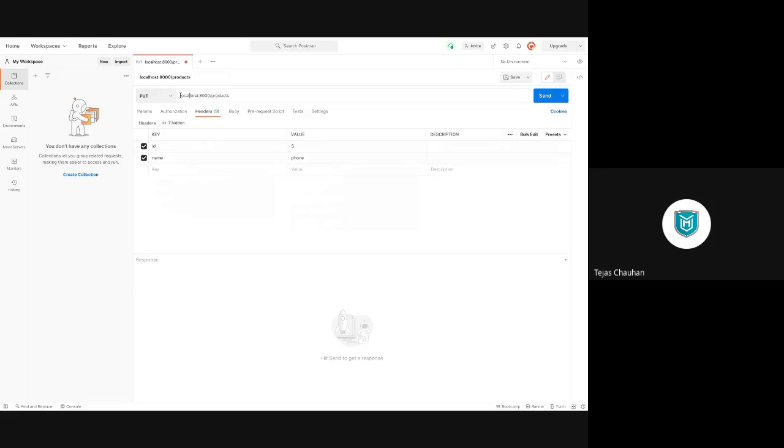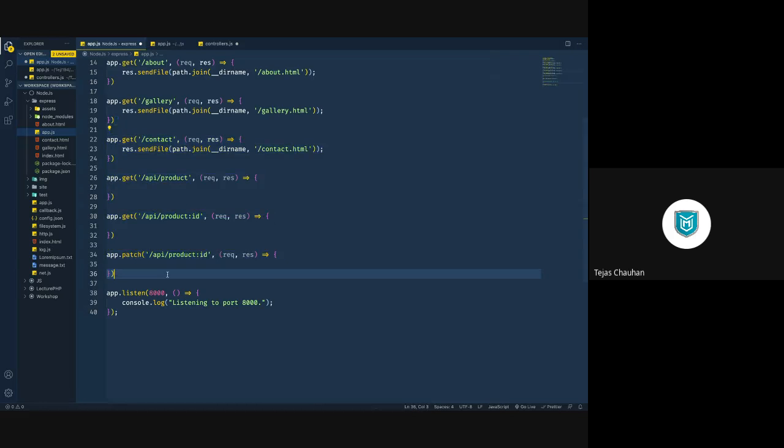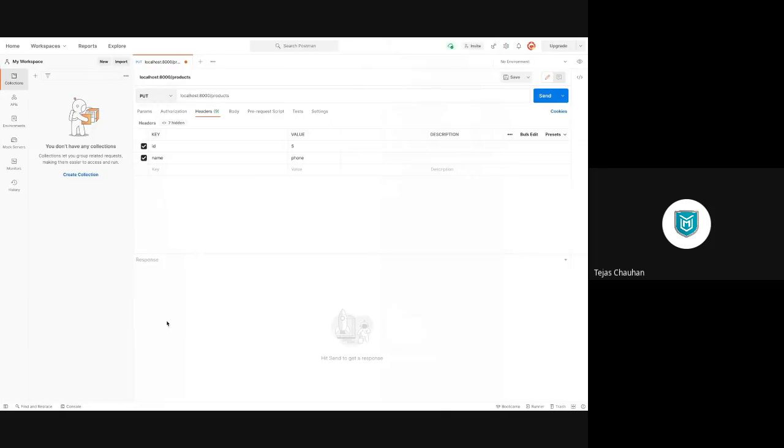Now make sure you have this router set up in your Node.js application, and your Node.js application is running. In that case, whatever you respond from this place, you will see that response here at this response place.